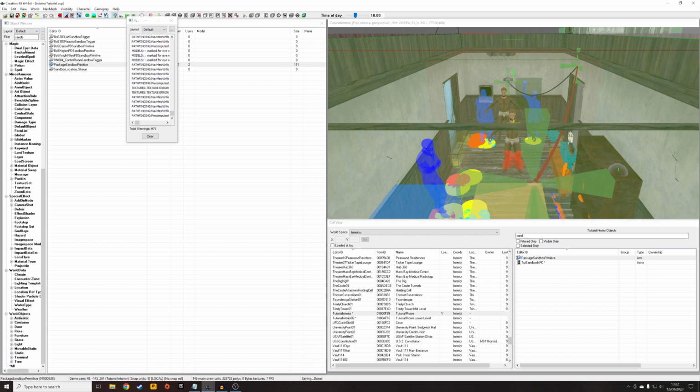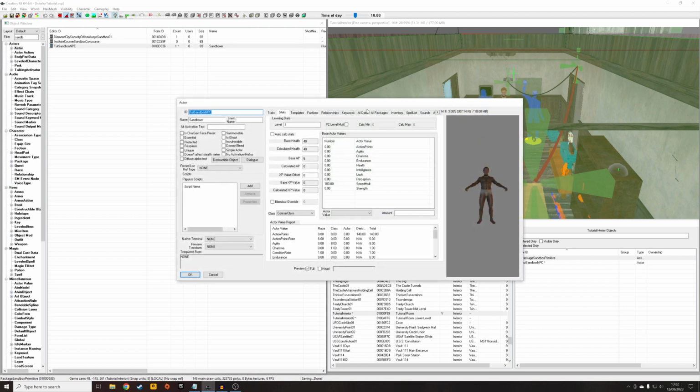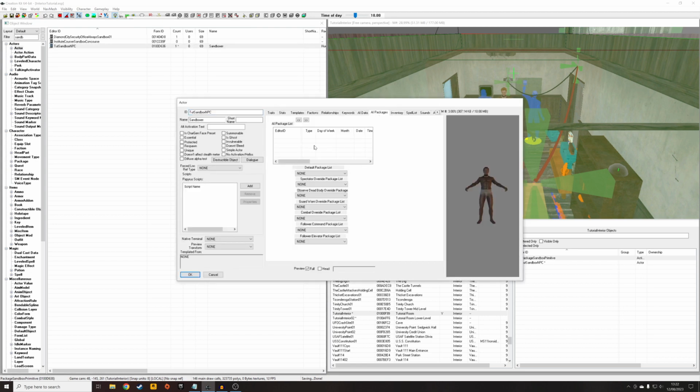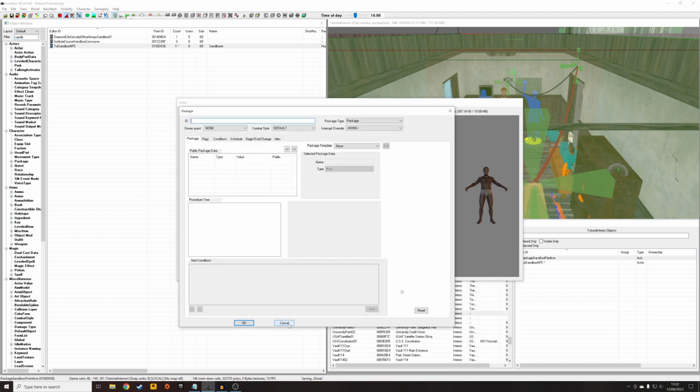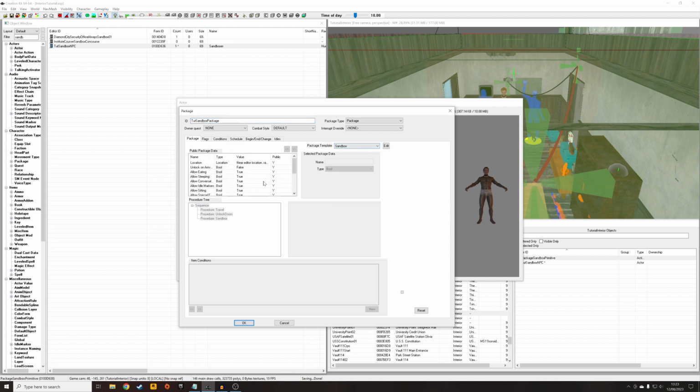So I'm going to create an AI package for him. Actor, go into the NPC we made before, and AI packages. So I'm going to right click, new. I'm going to create probably our default ones we can use, but I'm going to actually in this example show you how to create a default package that you can then apply to any NPC within your mod that you want to behave in this way. So I'm just going to call it shoot sandbox package, and our package template is going to be a sandbox,